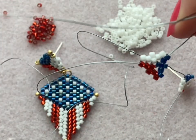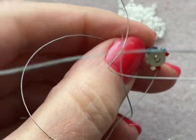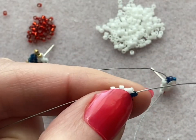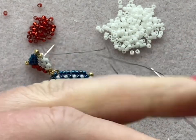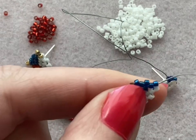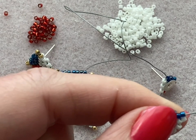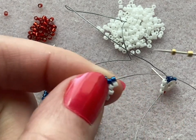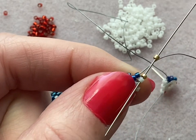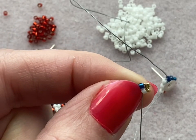So what we're going to do is we're going to add on one more layer onto this one. So not the one that you've got your back in, but the other one. We're going to add one more layer. And to do that, we're actually going to add gold at the corners. So whichever way is working for you, whichever way your thread's going, figure out which direction you're going to be moving in, okay? Go ahead and pick up two of your gold and go into the first, whatever color next you happen to be at. At this point, the colors,